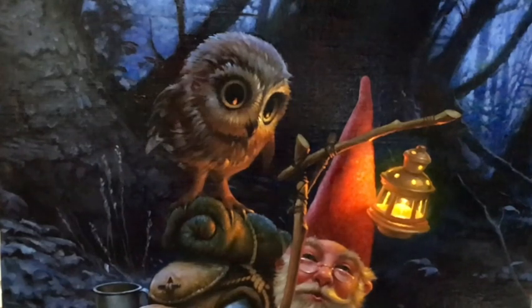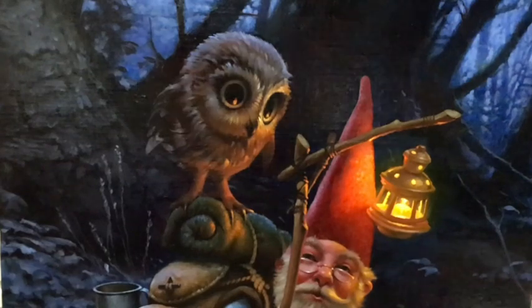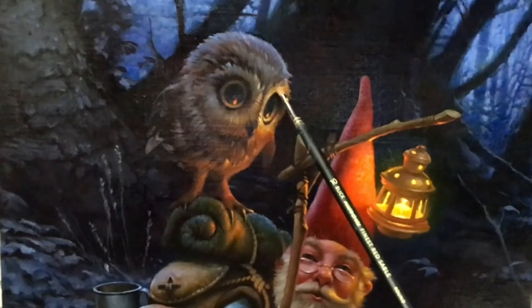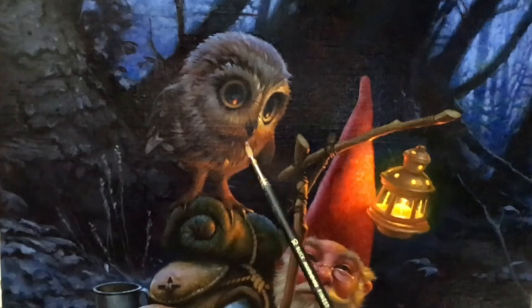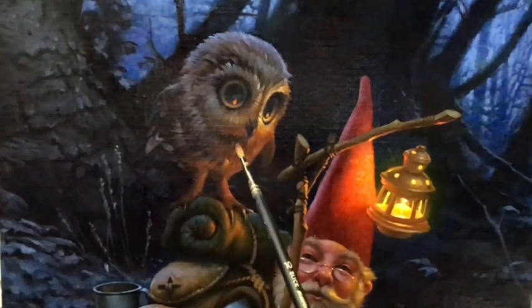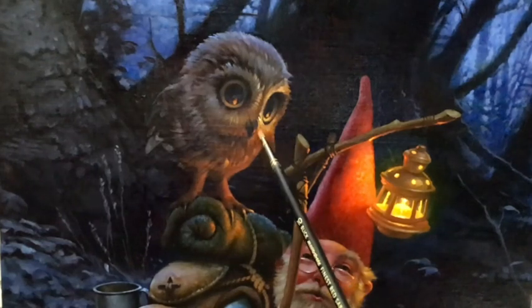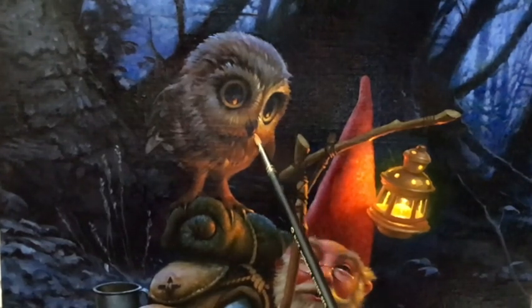We've moved our camera up to the upper portion of the painting. The glow is working really well from our work last week on the lantern. It needs some adjustments, and I think especially the adjustment on where the light is hitting on our little friend, the owl. I have washed in using a transparent oxide red with just a little hint of cadmium yellow medium,